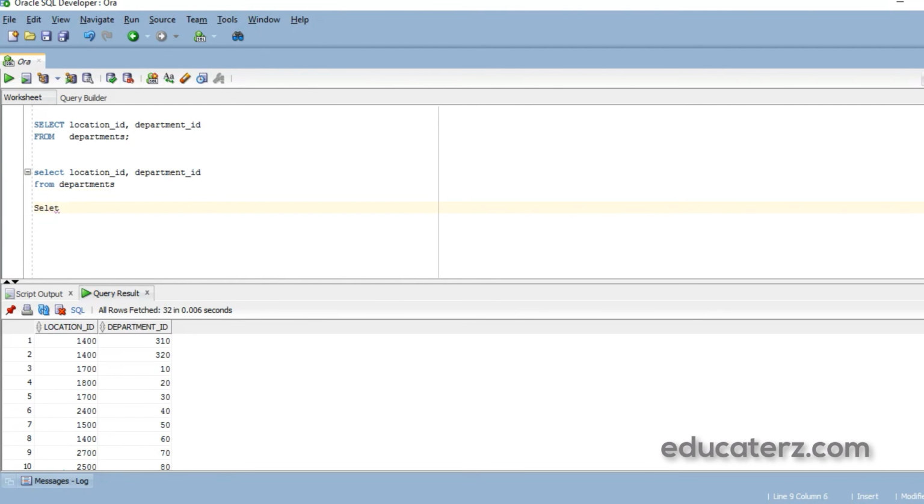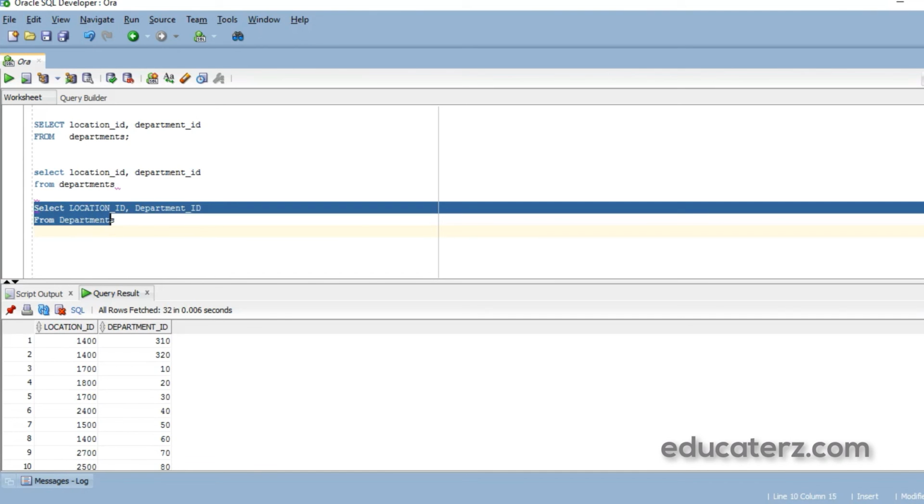I write select, location ID, department ID, from departments. See how I have written it? I have written it in mixed case. Still this works. I am executing this and you get the same result. So SQL statements are not case sensitive; you can write in any case.